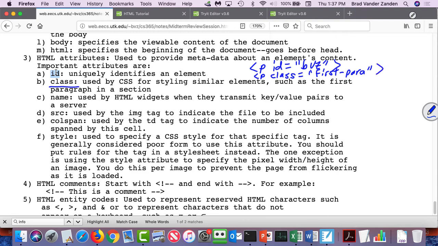So a class is an attribute that is typically used by multiple tags that want to be styled in the